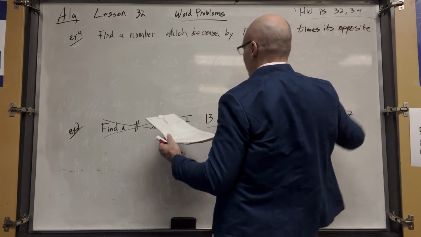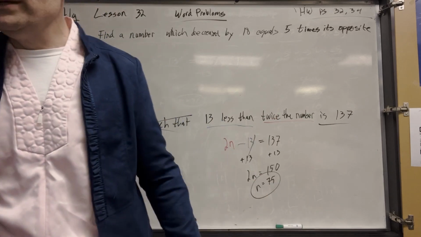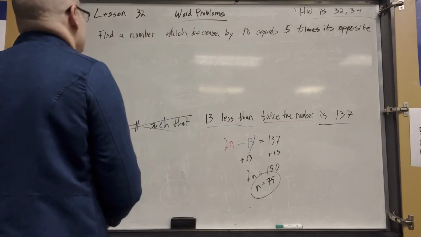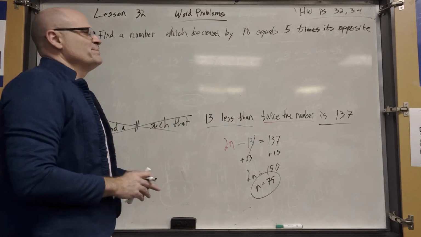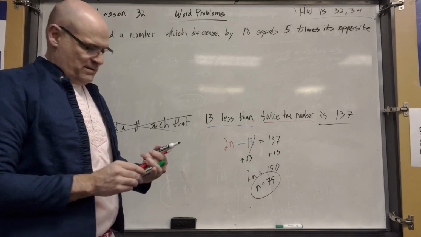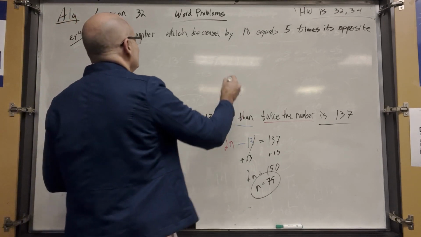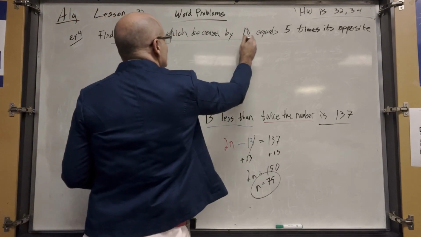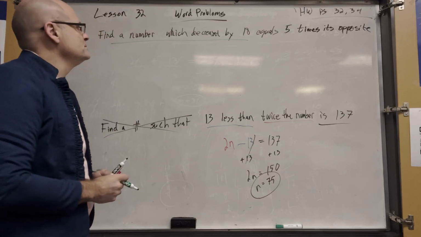Okay? All right. Table number Ilya. How do you say find a number decreased by 18? How do you say that? So minus is just decreased. Yep. So it'd be